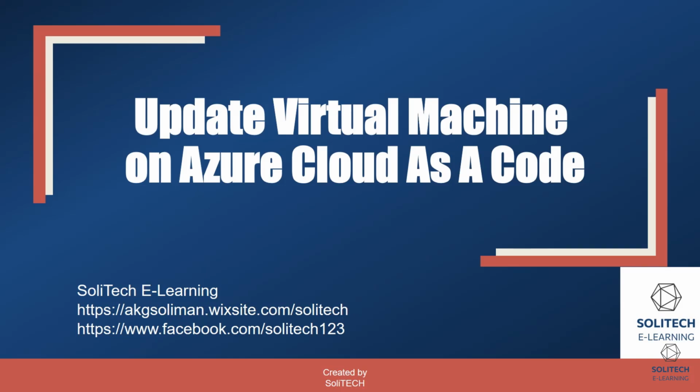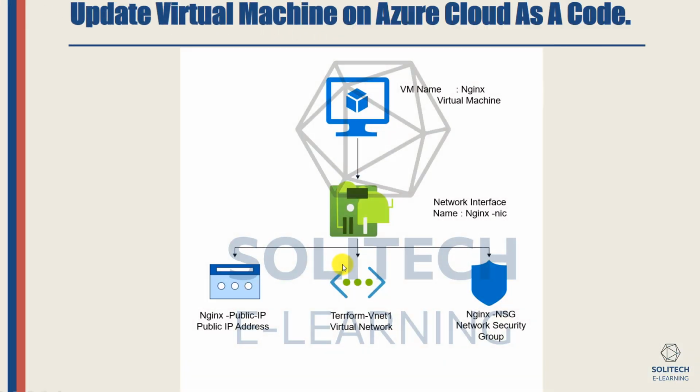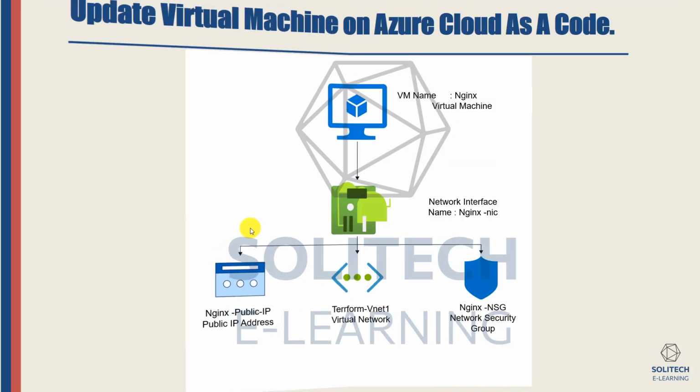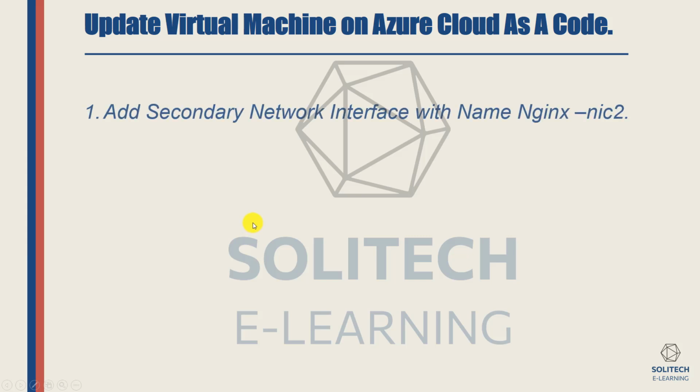In this lesson, Lesson 5, I will show you how to update configuration for an existing Azure Virtual Machine. In Lesson 4, we created a Linux VM and installed Nginx, with Network Interface Nginx-NIC, Nginx-public IP, and Nginx-NSG. Now, if we need to edit some configurations, like add a secondary network interface with the name Nginx NIC2,